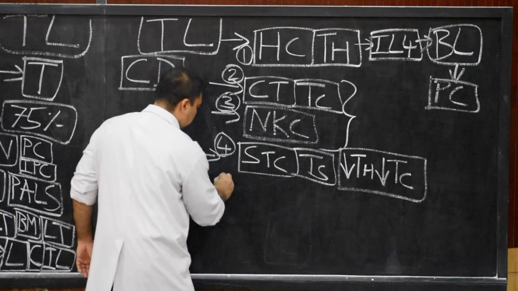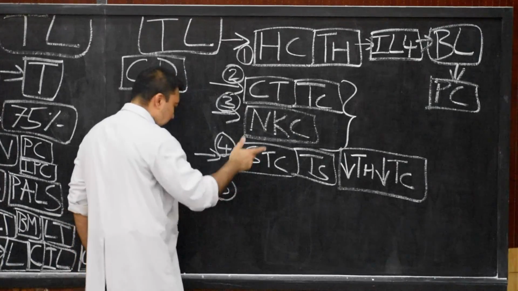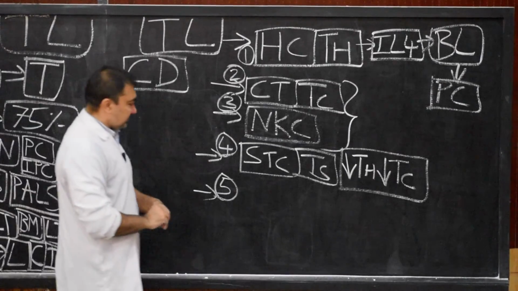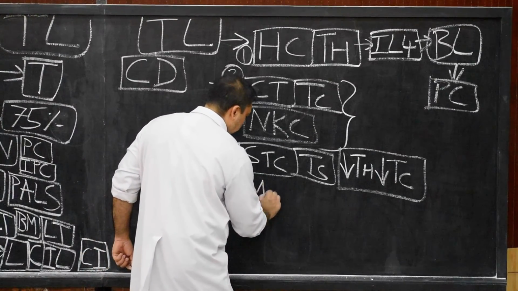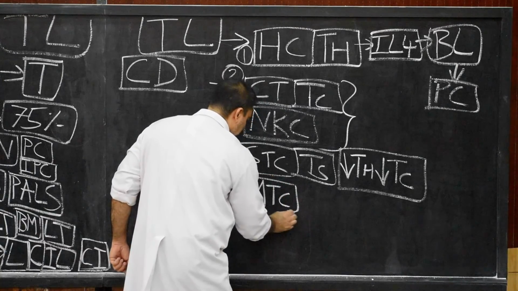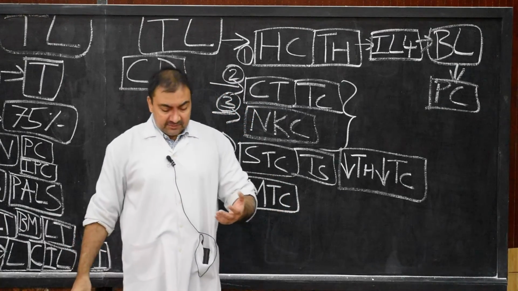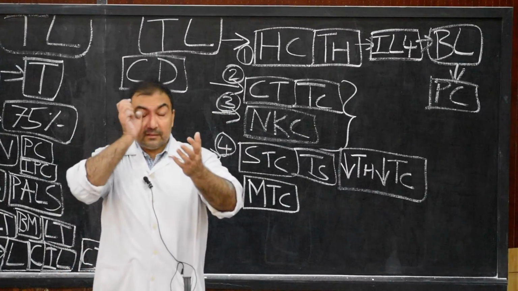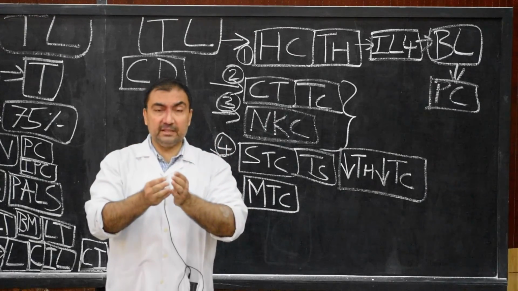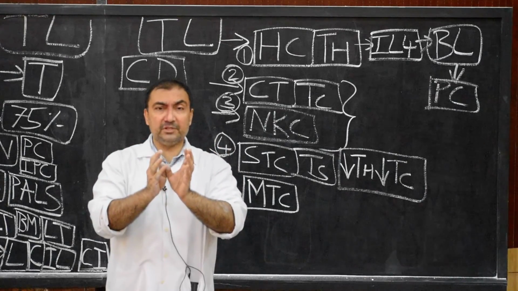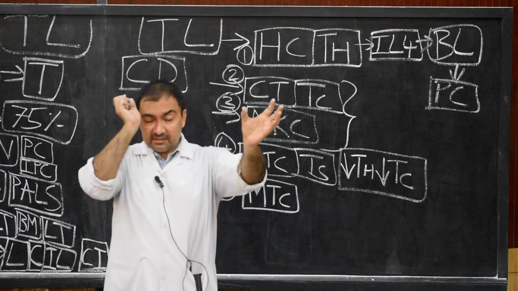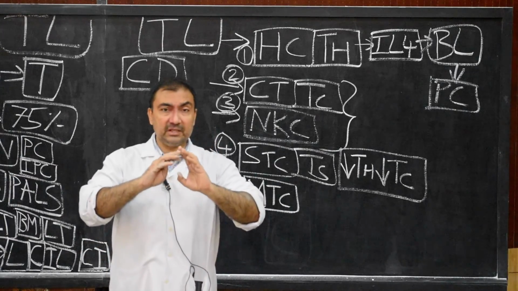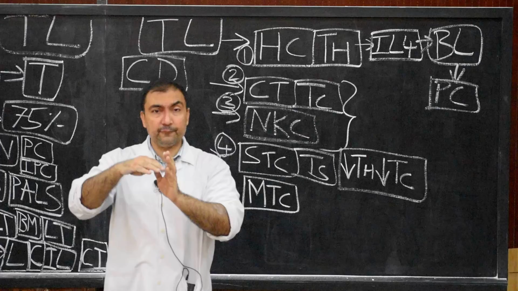Then we come to the last one. Very interesting. This last one is known as the memory T cell. How will they function? This memory T cell will function in such a way that on the surface of their cell membrane, there will be special substances which will get activated when certain types of antigens are attacking the cells. And once they are stimulated, once they are activated, they will remain activated for that particular